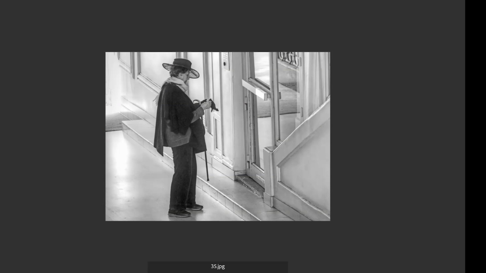I want a little black in there. It's more like grays. It's something off again, in my opinion. So a B, and that's it. And it's a beautiful moment caught.